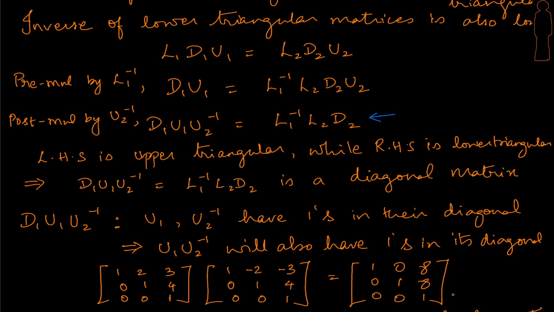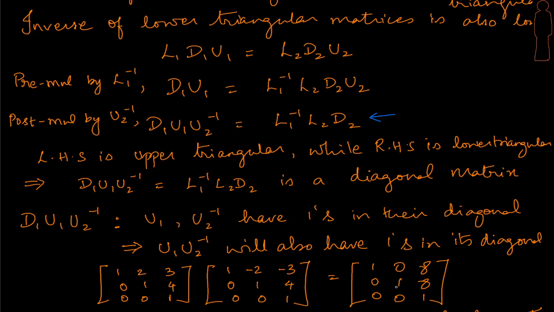So let me try and look at why the diagonal is becoming 1. Now if we take these columns, say 1 0 0, 2 1 0 and 3 4 1, and take the combination with 1, 0 and 0, there is no contribution from the last two columns, only a contribution from the first column, therefore the 1 will appear here. Let's look at the second column of this product.